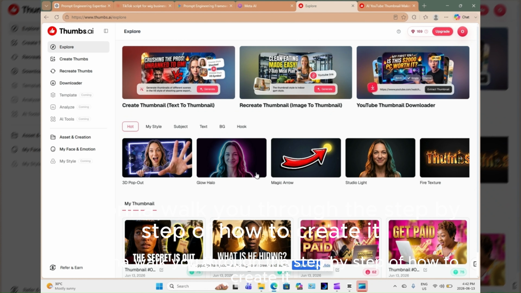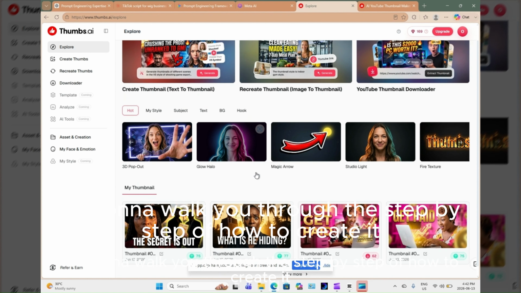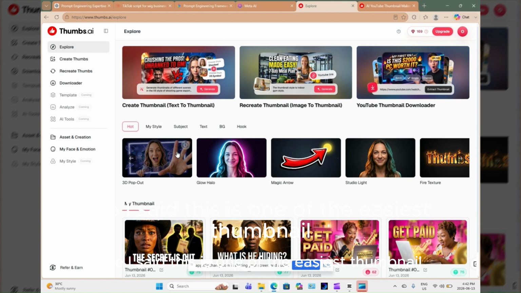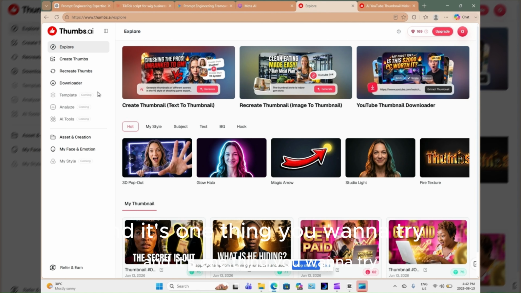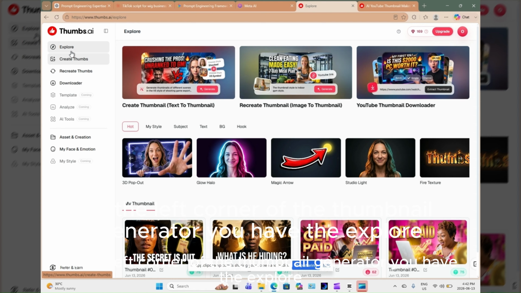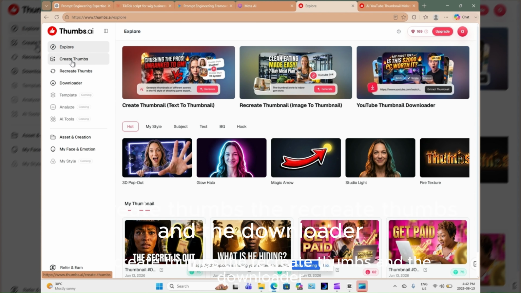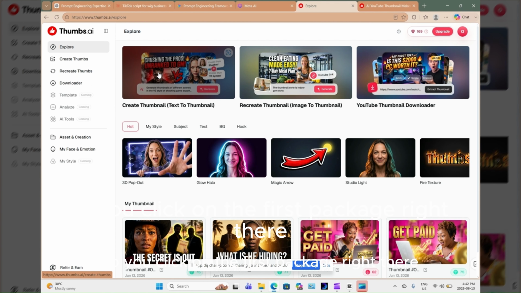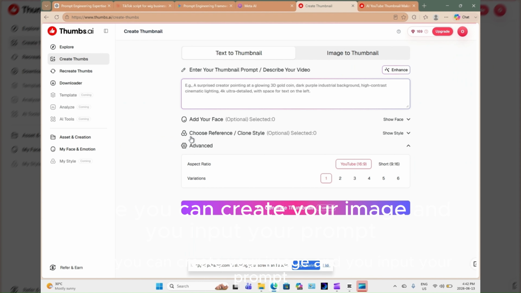I'm going to walk you through step by step how to create it. Like I said, this is one of the easiest thumbnail image generator apps that you can find out there, and it's one thing you want to try. On the left corner of the thumbnail generator, you have the Explore, the Create Thumbs, the Recreate Thumbs, and the Downloader. So you click on the first option right there where you can create your image and you input your